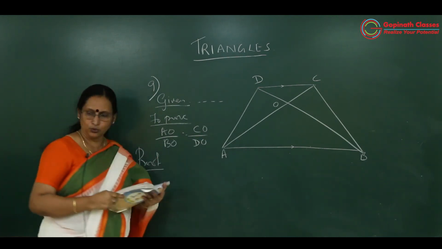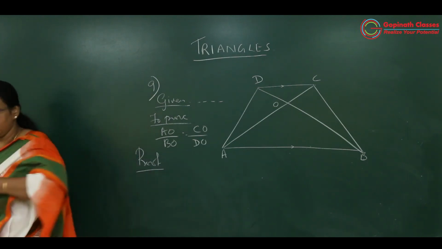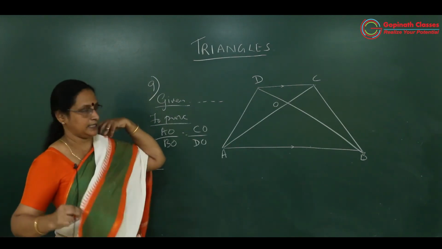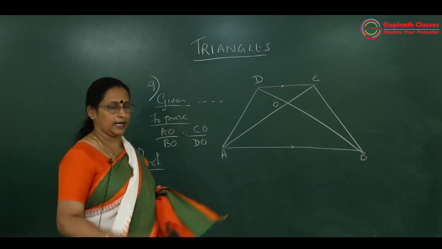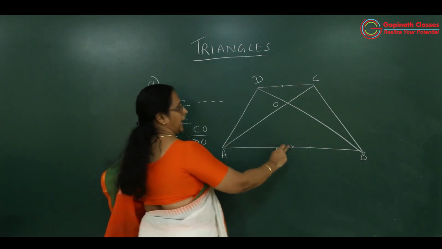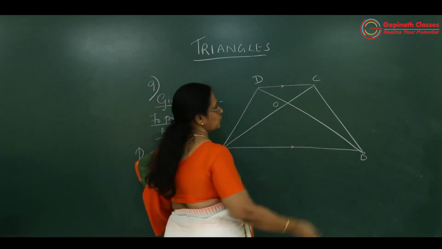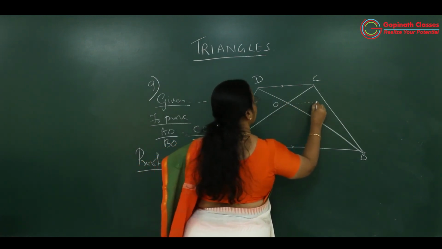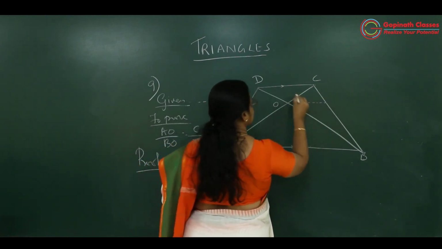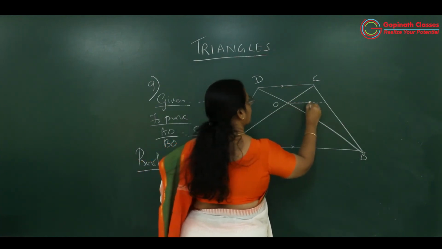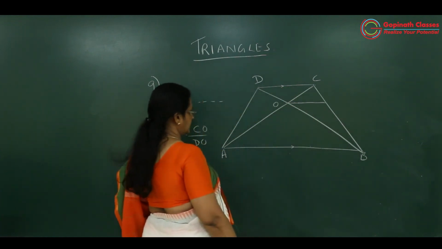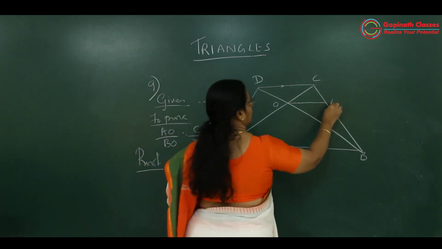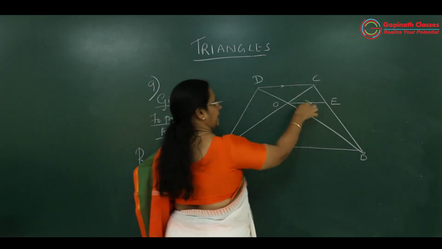Now, if you see here, we don't have a triangle to apply BPT. So हम एक triangle को बनाएंगे. You know, AB and CD are parallel. So through O, let us draw a parallel line to both the sides. ये दोनों का एक parallel line draw करेंगे. Let me give its name as OE. तो ये तीनों parallel हो गया.